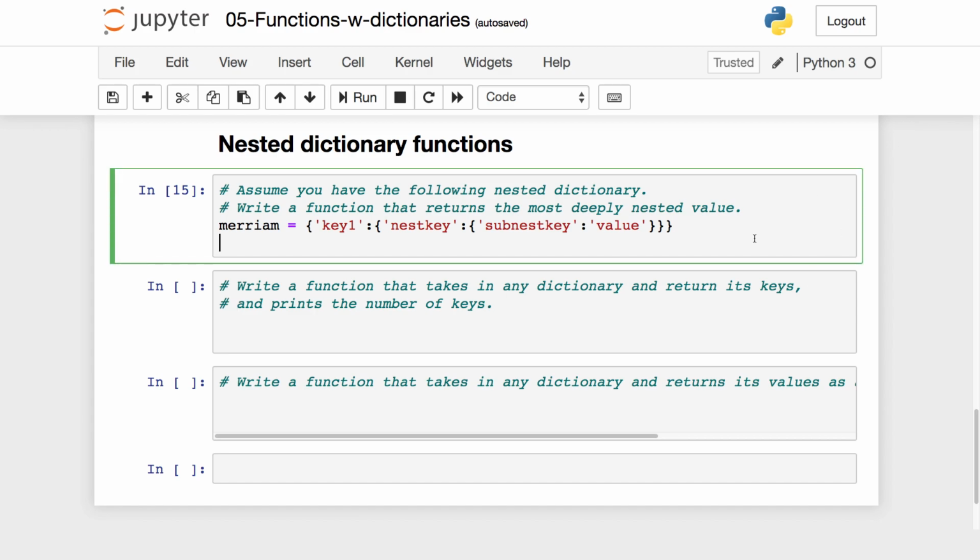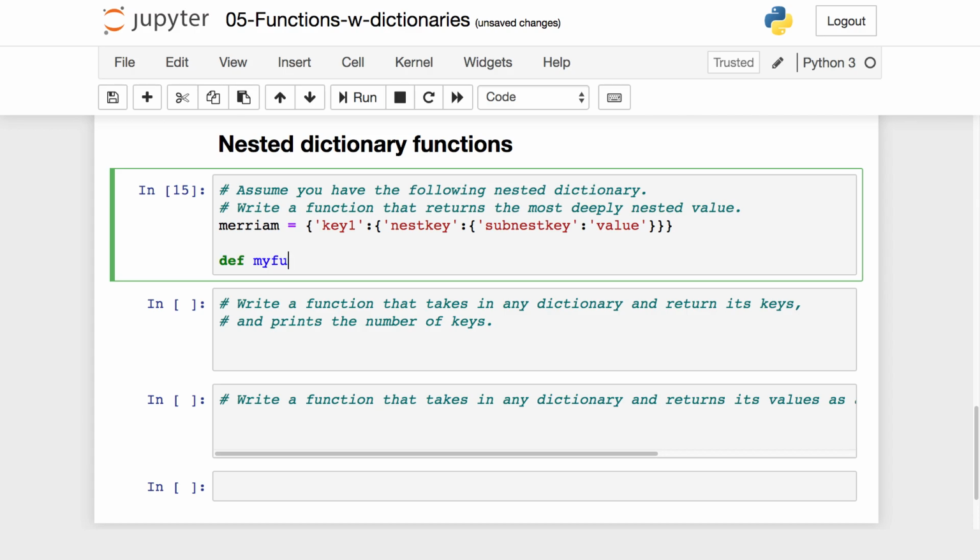Okay, and here it comes. Define my function as receiving any